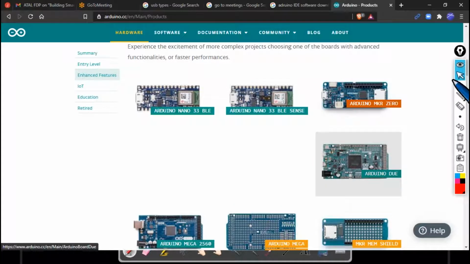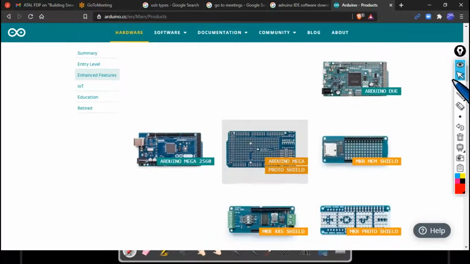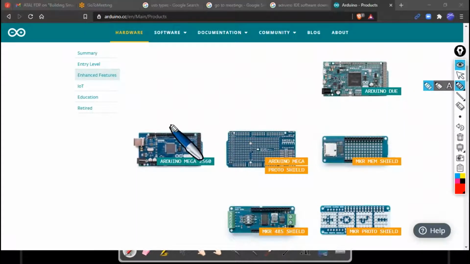Because this is an open source community, manufacturers have modified the same architecture for their own needs, and they have come up with a lot of variants. Here we have Arduino Mega, which has a lot of ports.